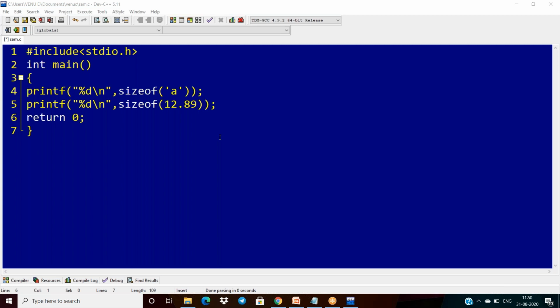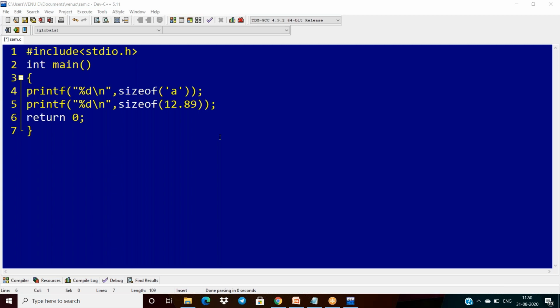See, okay, 1 comma 8. Again, you are saying that 1 comma 8. So the answer is not 1 comma 8, sir. By default, if you take any decimal value in a C program, it is treated as double. Who is saying that? Arsha Venkatesai is saying that 4 comma 8 is correct.